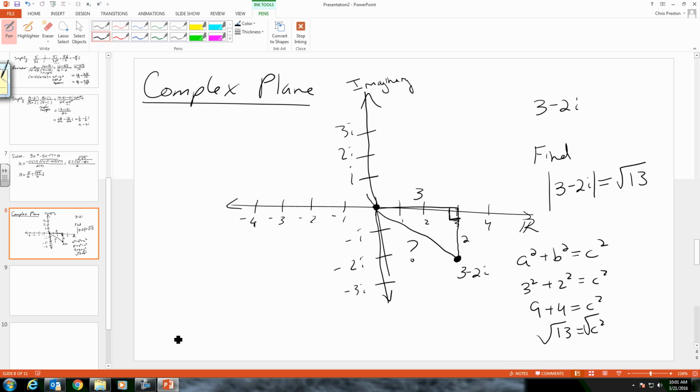So, all right, that's our introduction to complex numbers. We're going to work a little bit with complex numbers in the next